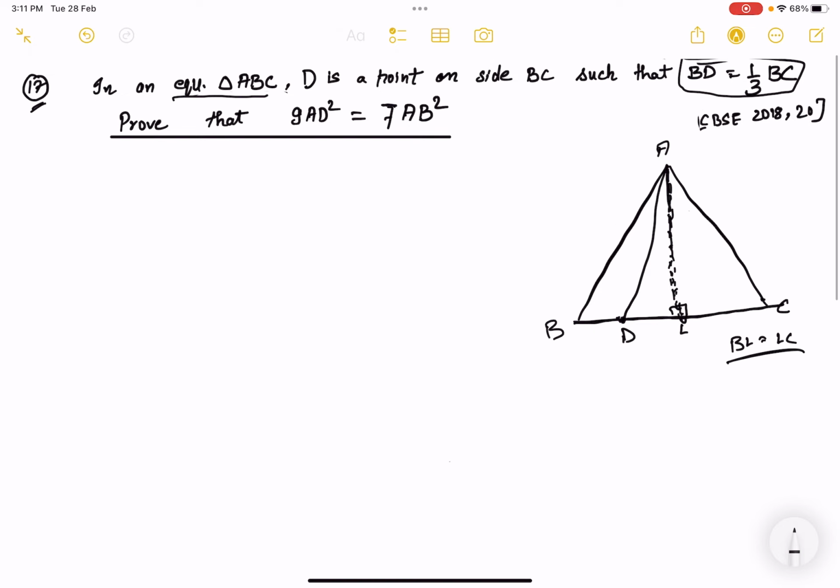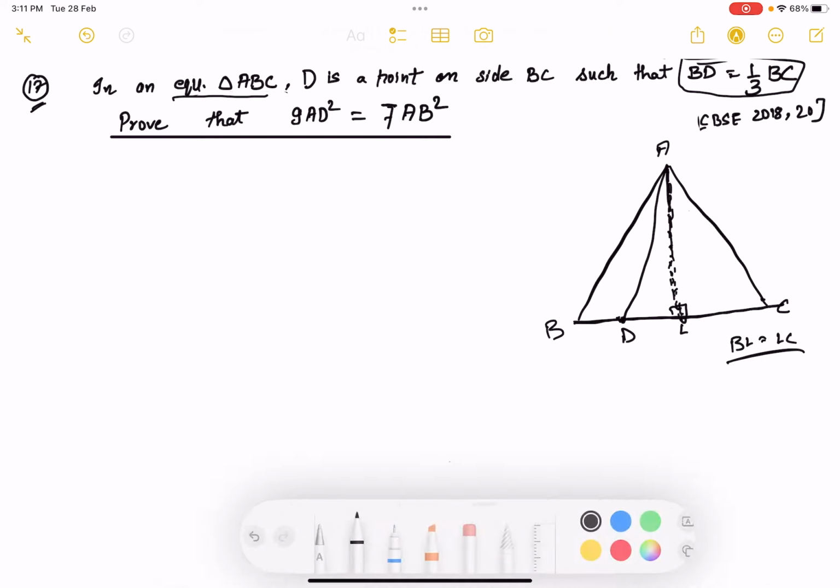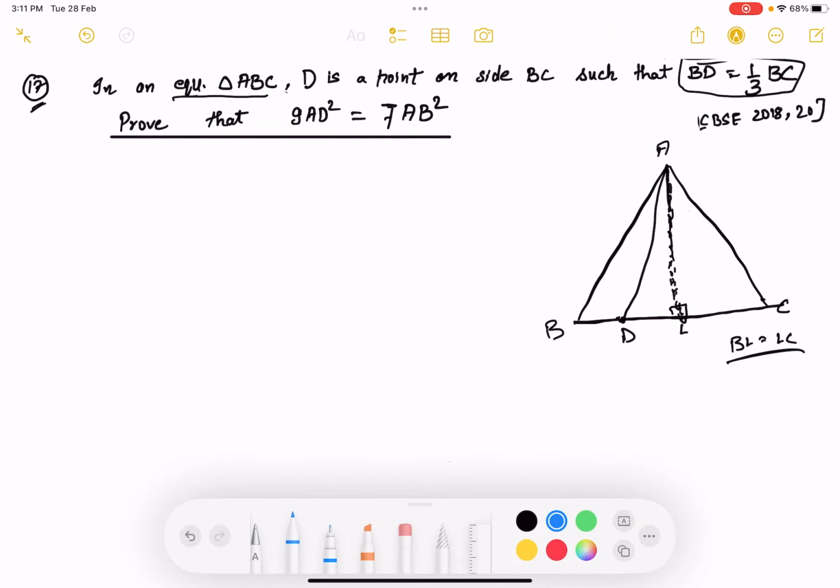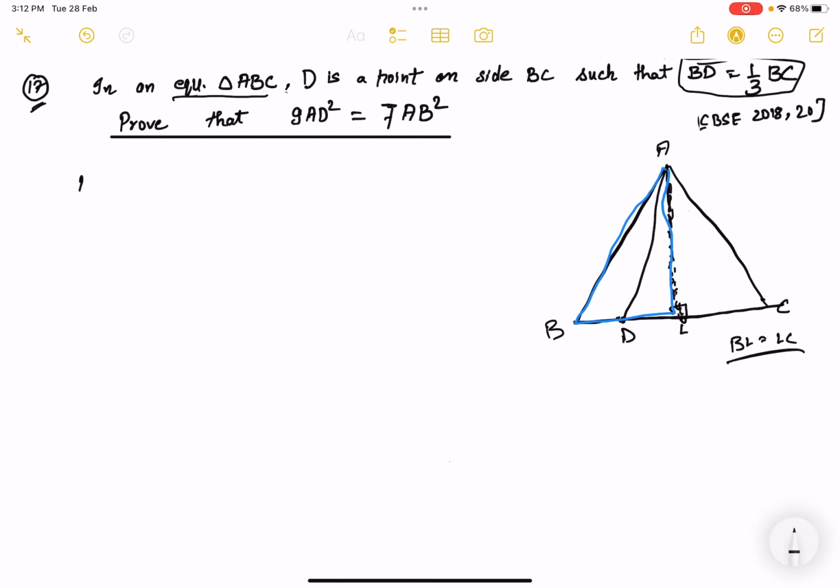Now let's apply Pythagoras theorem in the triangle. First take triangle ABL. In triangle ABL we have AB square is equal to BL square plus AL square,